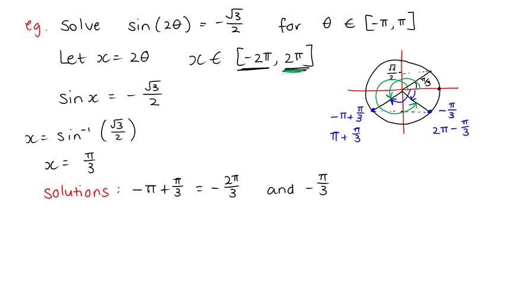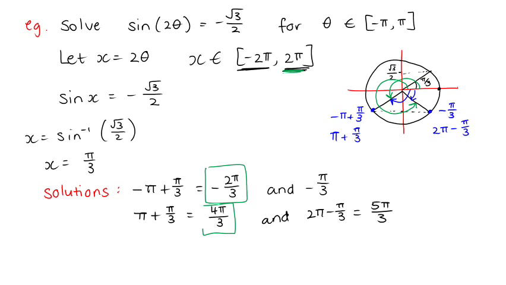Right, those are our other two solutions. So we've also got pi plus pi on 3, which equals 4 pi on 3. And we've got 2 pi minus pi on 3, which equals 6 pi on 3 take away the pi on 3, so it's 5 pi on 3. So far we've got this one, this one, this one, and that one. However,